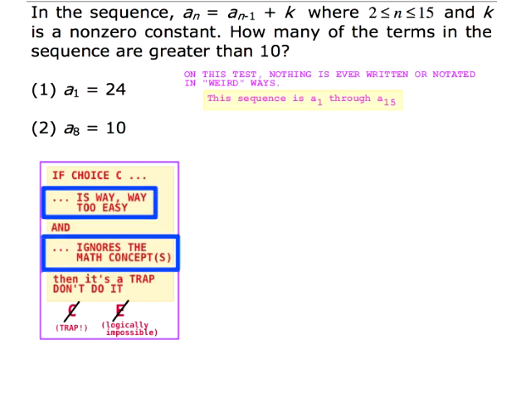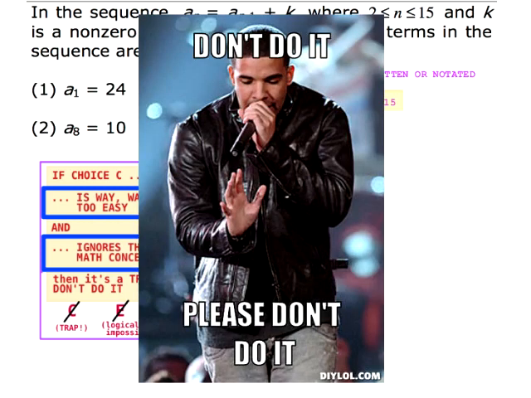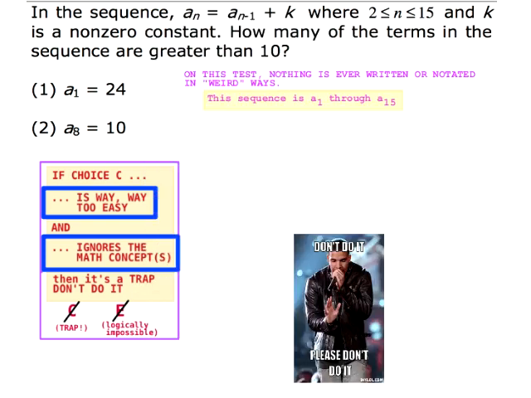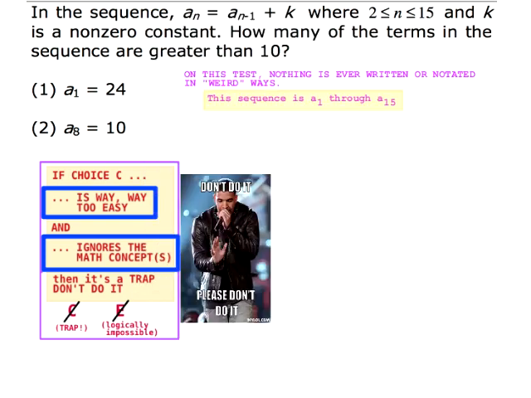If C does both of these things here, rather than telling you myself, I'll have Drake tell you. If C does both of these things, then don't do it. There. I mean, is it way too easy? Well, if you pick C here,